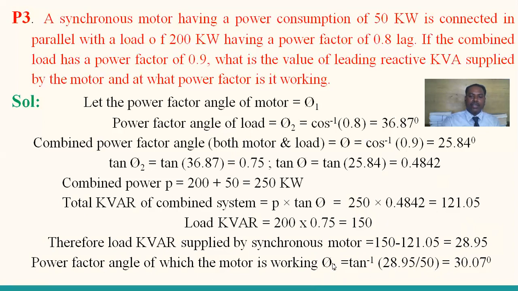So phi1 is equal to tan inverse of 28.95 by 50, since for the synchronous motor the real power is 50, which is equal to 30.07 degrees. So you should convert it into the power factor. So cos phi1 is equal to cos 30.07, which becomes